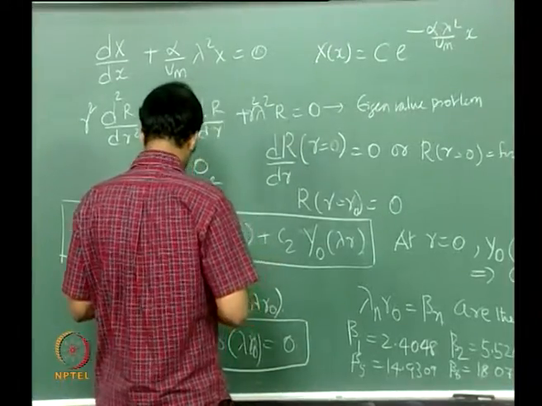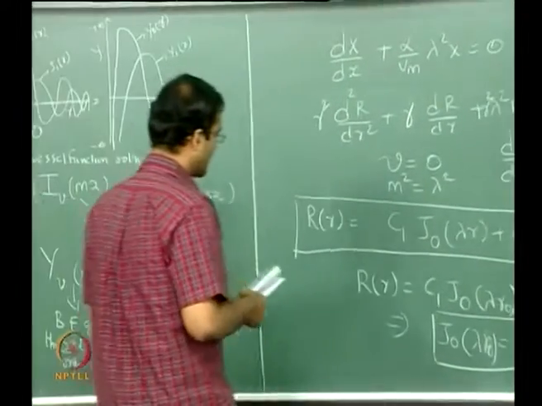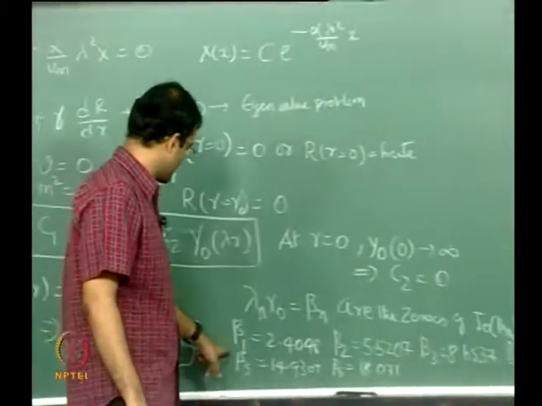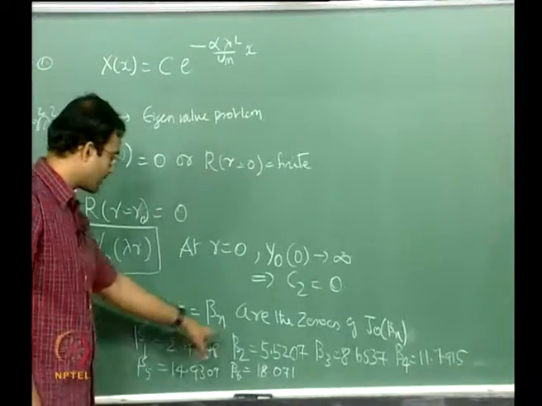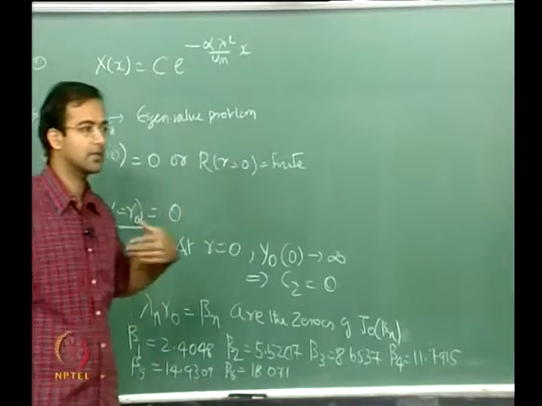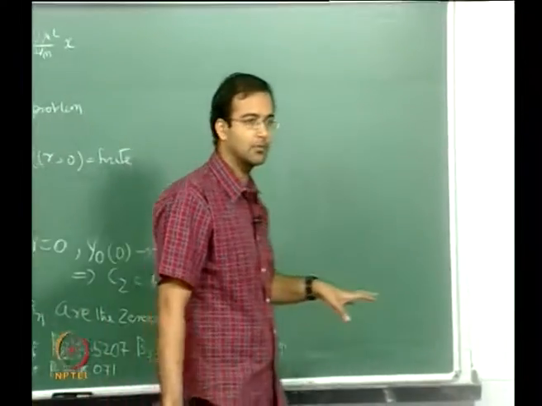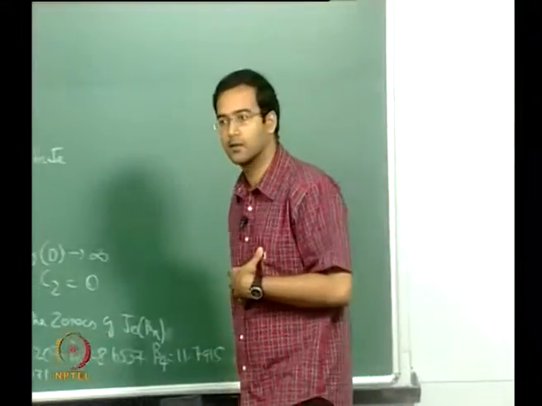So now I have determined my eigenvalues, because these eigenvalues are all nothing but these values. So this is lambda 1 r naught, lambda 2 r naught, lambda 3 r naught, and so on and so forth. You can have many solutions, but I have given the first 6. These are the most relevant. Okay, the other ones will be of lower order, which you can neglect.